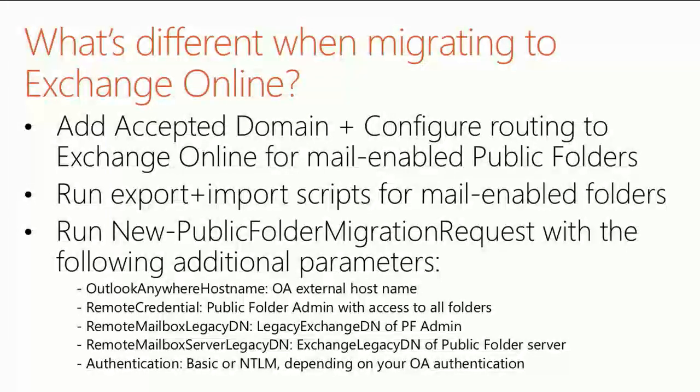Recently I had a discussion with an MVP, and he said, oh, there's a document where you say all the public folders must be mail-enabled. It's not true. Okay, so you need to add an accepted domain. You make sure that the routing is correctly working between your Exchange and Exchange Online. And then you need to run two scripts, export and import scripts for mail-enabled folders. And I will run them. And after that, you run the public folder migration requests with a couple of more parameters. But we get to that because now